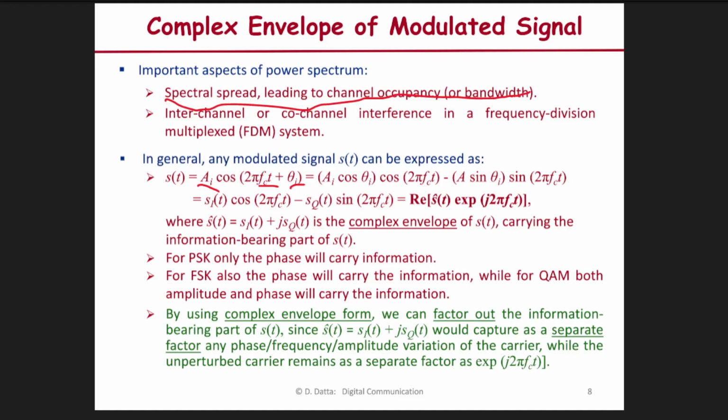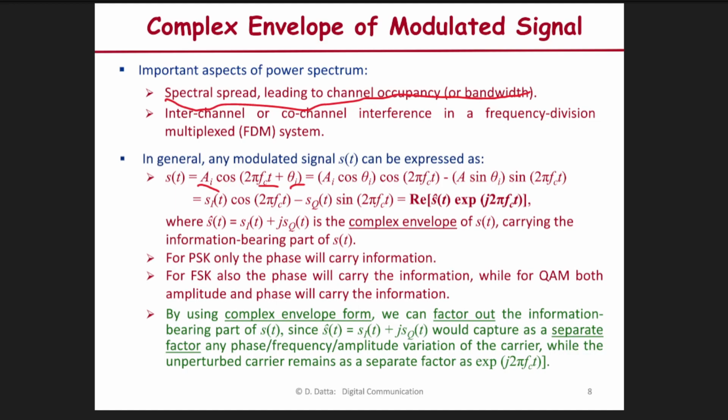It has got an amplitude, it has got a frequency, and it has got an angle theta I. And any one of the three or all of them can be modified. Right. So you can see that now this entire expression can be split into two parts. One is cos theta I cos 2 pi Fct, and sin theta I sin 2 pi Fct. Now this cos component is called the in-phase component,